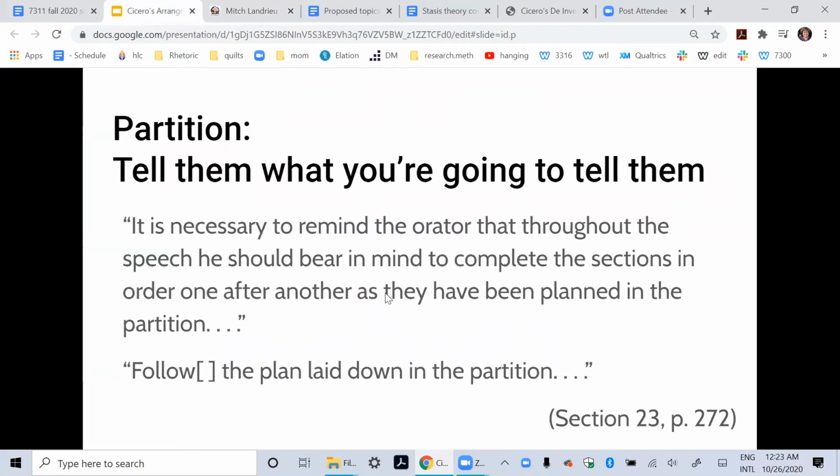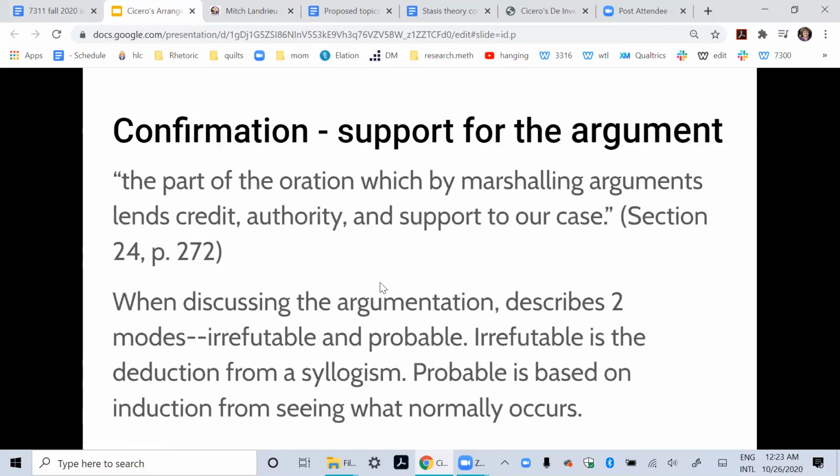Forecasting is another term that you may have heard for that kind of thing, which is another way of describing a partition. So the next section is confirmation. This is where you provide support for the argument, and this is